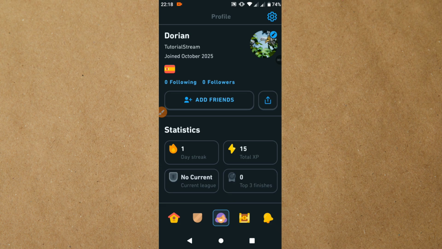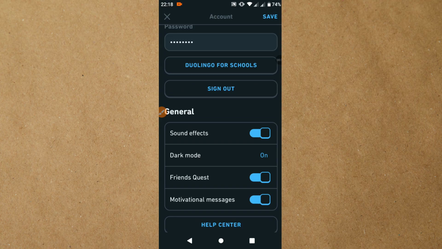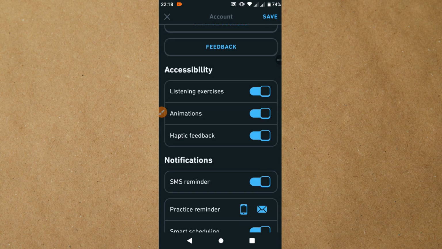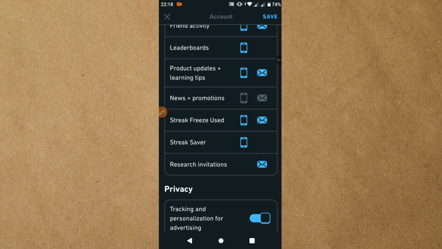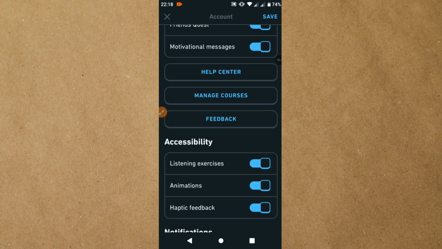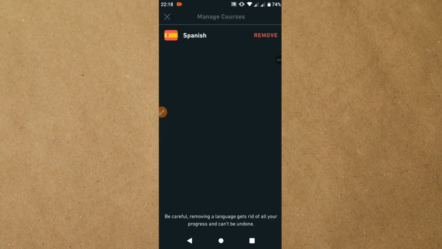So what you want to do is access your profile settings by tapping into that gear icon in the top right corner. And here inside your account settings, swipe down till you get to this feature here. Let me find it. There you go, manage. Below Help Center, tap into it, and here guys simply select the language you would like